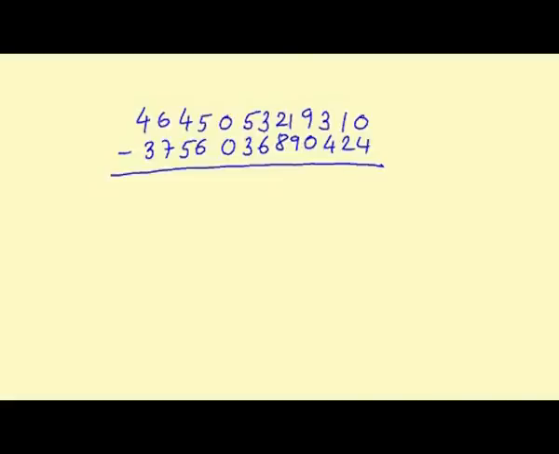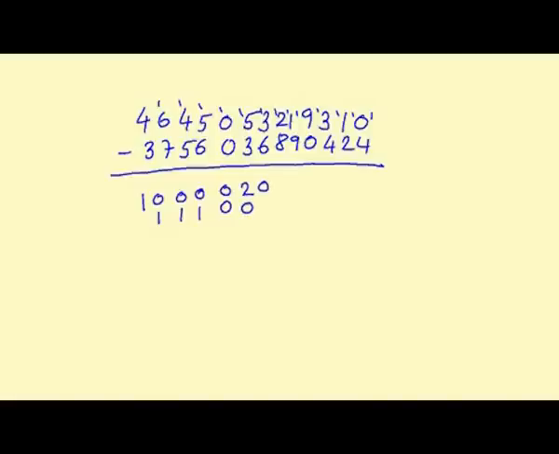So let's first divide this complex subtraction into different parts. So it has become 4 minus 3 is 1, 6 minus 7 complex, 0 1, 4 minus 5 complex, 0 1, 5 minus 6 complex, 0 1, 0 minus 0 is simple, so 0 0, 5 minus 3 is simple,